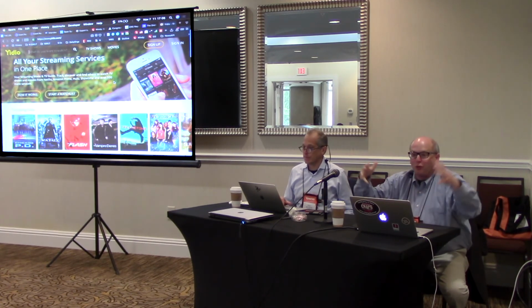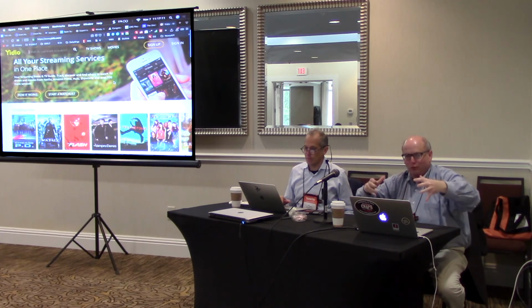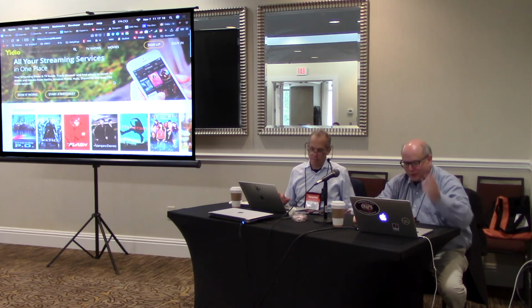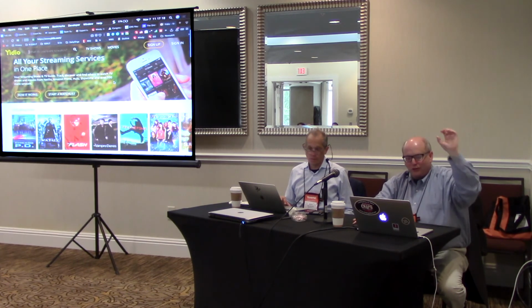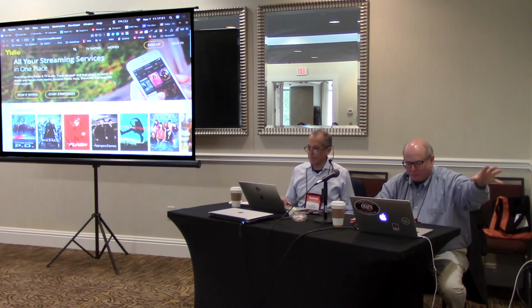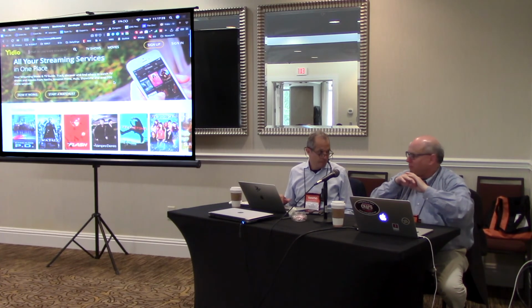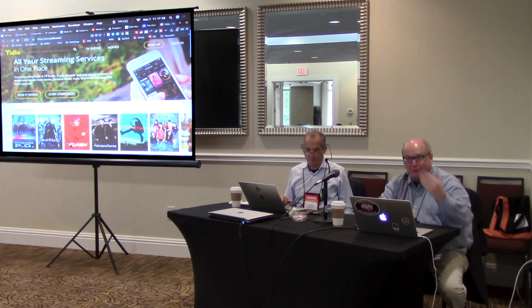This is Yidio, and it allows you to create your own personalized catalog of all the streaming services you subscribe to. Then from the app or from the website, I'm not going to go through the whole process, you can actually look. So this show is on Amazon Prime. One click from here and it will open up the video and you can start watching it. They've got probably 70 different services, even cable companies, if they have on-demand video. Also things like Apple, so if you want to purchase it, it's your own personal aggregated catalog.